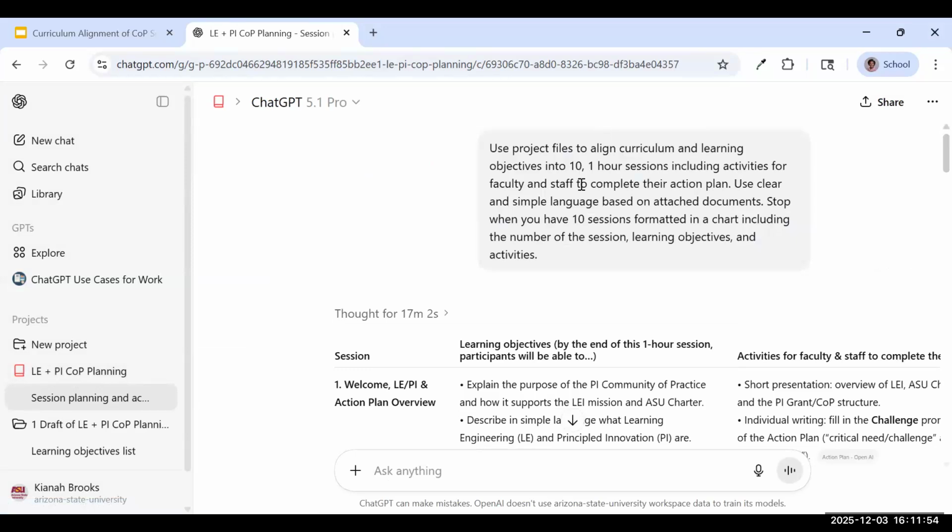And so this was my prompt that I ended up using. Use project files to align curriculum and learning objectives into 10 one-hour sessions, including activities for faculty and staff to complete their action plan. Use clear and simple language based on attached documents. Stop when you have 10 sessions formatted and a chart including the number of sessions, learning objectives, and activities. It took 17 minutes